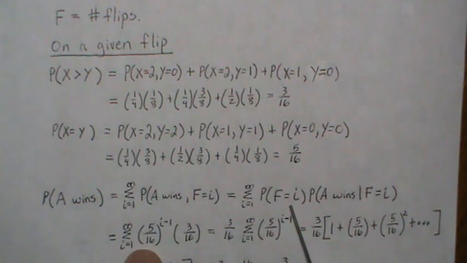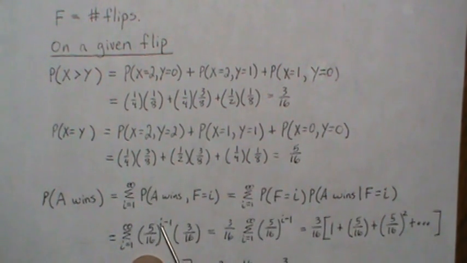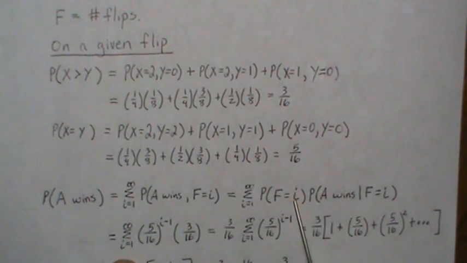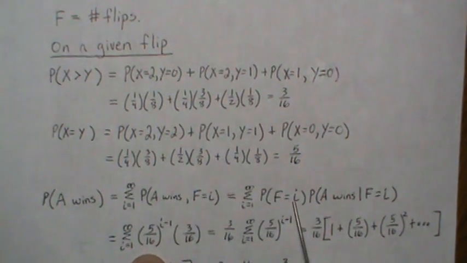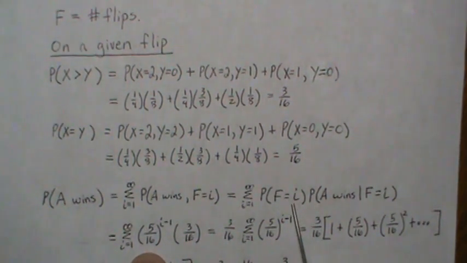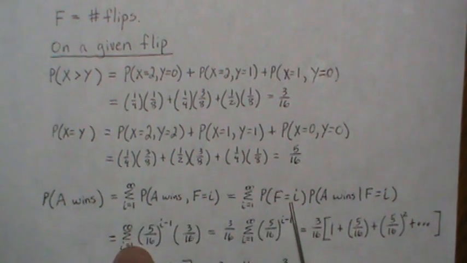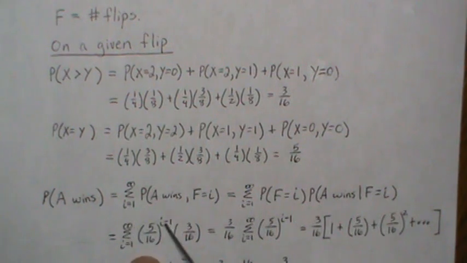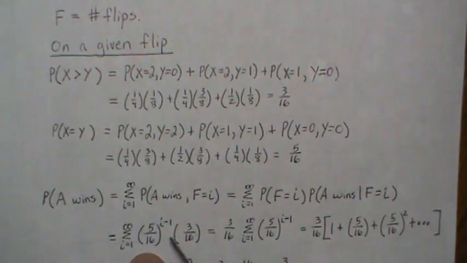So when i equals 1, then i minus 1 is 0, and then this is 1. And then when i is 2, the probability that flip equals 2 means that we tied on the first one, and then it's 100% that we have flip 2. So the probability that we tied is 5/16. So when i is 2, then we get 5/16